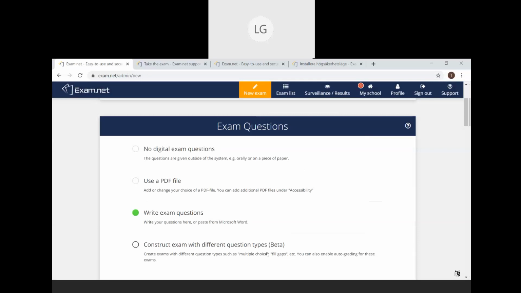Does exam.net only block the other browsers and minimizing the windows, or can it also restrict remote monitoring apps like AnyDesk, TeamViewer? Okay, so you want video conferencing support also. So that is available within exam.net. So you don't need to have any other applications running alongside exam.net. You can set up video conferencing within exam.net also.